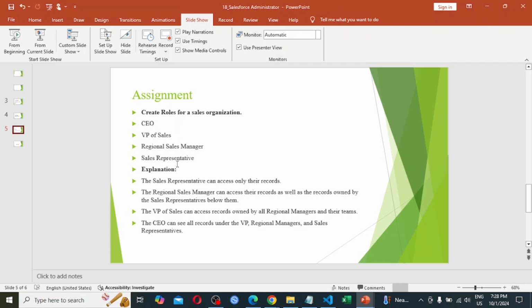Under VP of sales there will be regional sales manager. Under this sales manager there will be sales representative. So as per our business scenario or as per our assignment, we have to create these role hierarchies. So let's create.